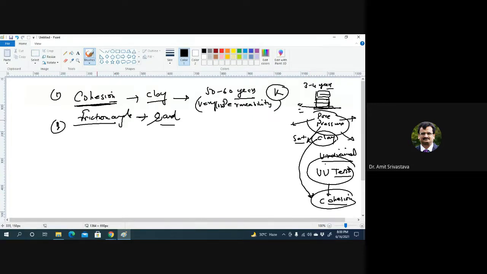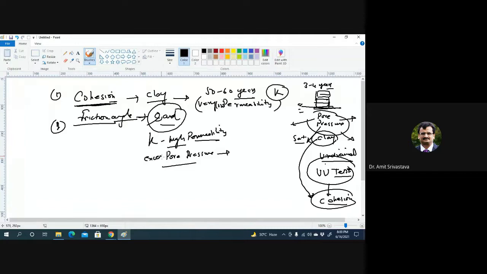On the other hand, when you deal with sand, sand has a high coefficient of permeability. So what happens here? Due to the high permeability, the excess pore water pressure dissipates immediately.